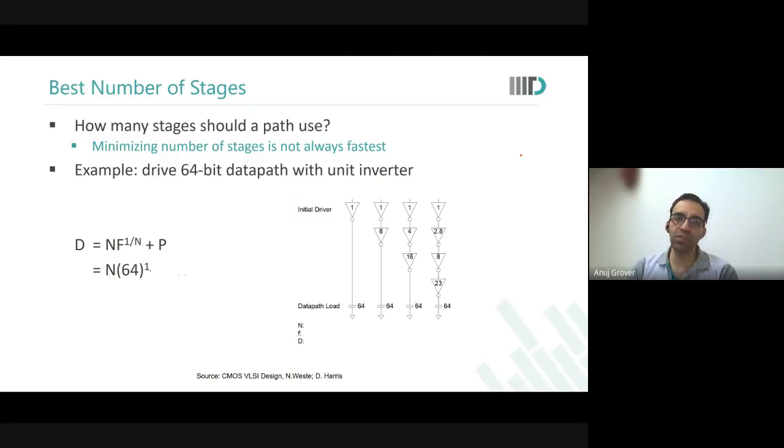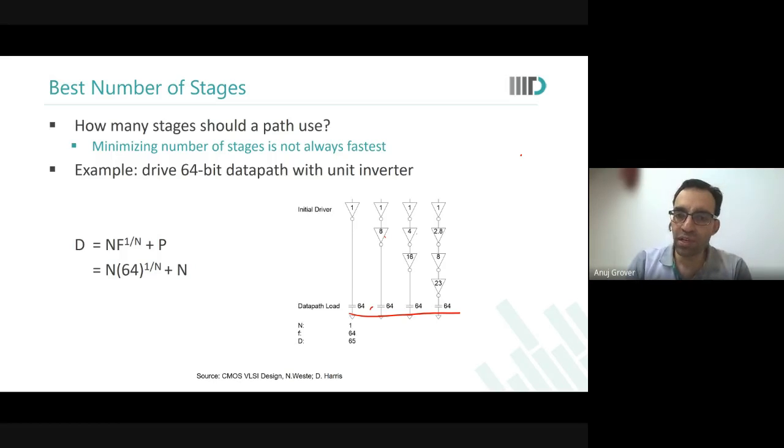So now with this, we can actually size long data paths. For example, in this particular example, we know that there is a data path load of 64 times the unit gate. And now you want to see how many stages to keep. By using exactly the same process, now G is 1. Life has become simple because G is 1. All that you now need to do is, two stages थी, तो you say f is equal to square root of 64, तो 8 आ गया। तीन stages हुई तो you say third root of 64, तो 4 आ गया, and life becomes simple.